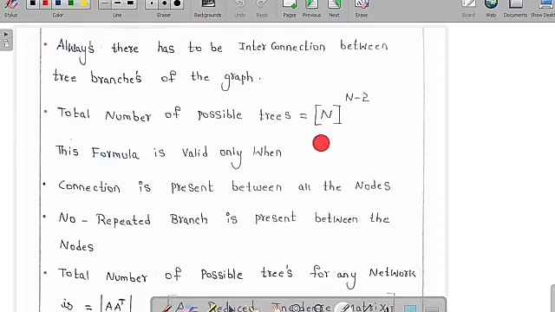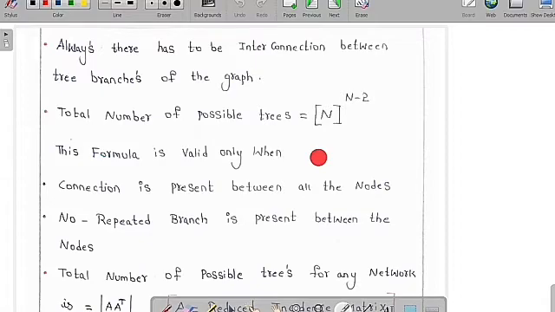This formula is going to be valid only when connection is present between all the nodes, meaning all the nodes are interconnected. There is nothing like an isolated node, and there has to be only one branch between two nodes. There must not be more than one between two particular nodes. If these conditions are satisfied, then only we can use this formula, which is